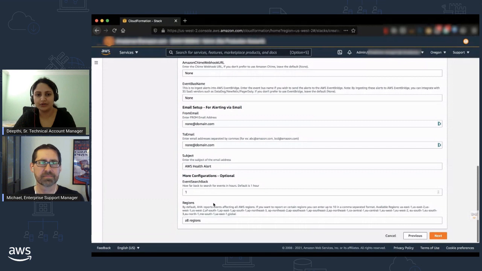Let's say you're having a new account or your enabled organizations is brand new, you would probably not have notifications immediately. But probably you want to go ahead and install this application and you still want to test whether it's working or not. So if you remember on the left-hand side, when I showed you the personal health dashboard, there's an event log. And event log gives you all the past notifications. So event search back defaults to last 1 hour. You can configure this to maybe 2 hours or 3 hours, whatever are the needs of your organization. Here, because I want to test this out, I gave 4,800 hours.